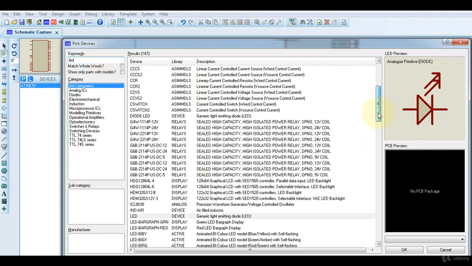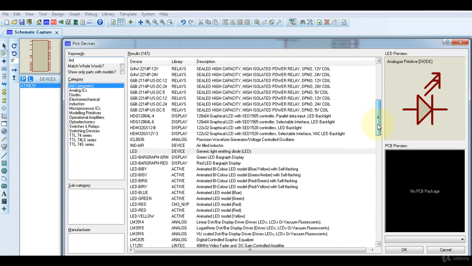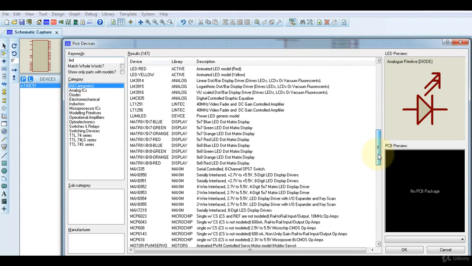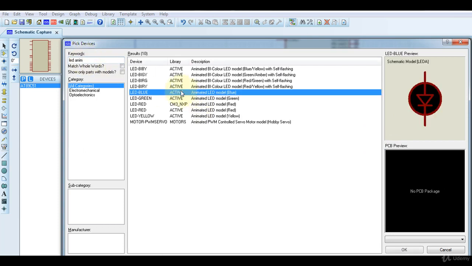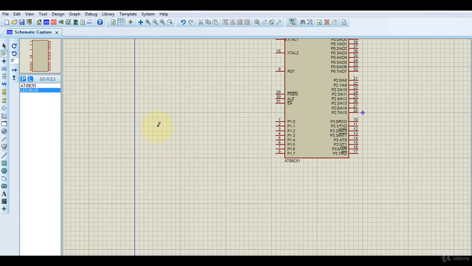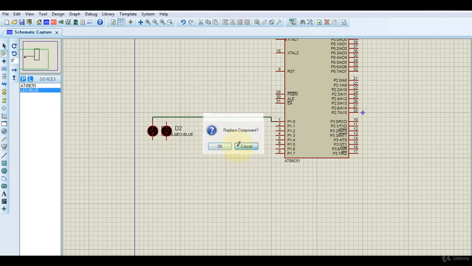Now we have connected LEDs to port P1, so that's why I need to add LEDs. I want this LED as an animated feature, so LED-ANIM, and I want to use blue color, let's say. Okay, you connect the LEDs like this. Since I am using 7 different LEDs, you can take them like this.